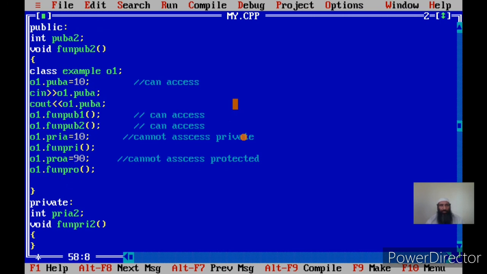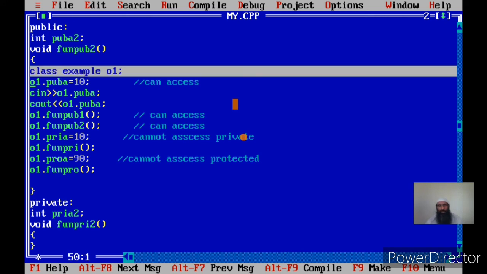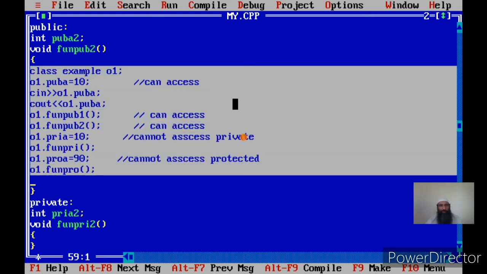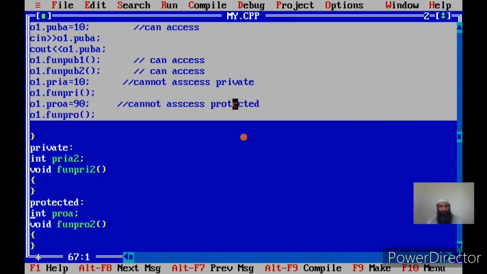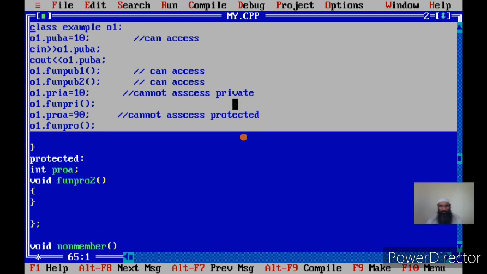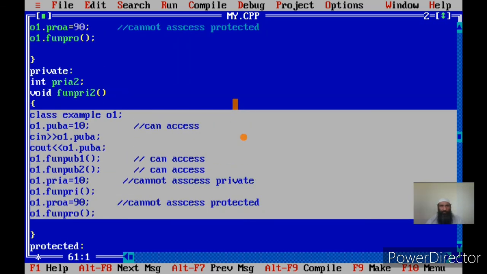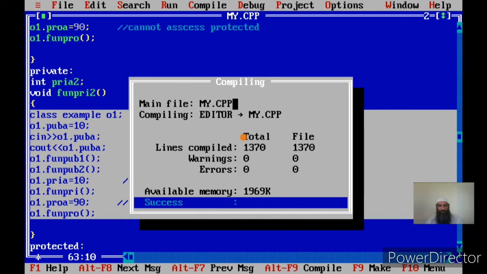Now let me place the same set of statements in some other member function and see if there is an error. I have got this function pride2. Again I am accessing the private and protected parts of object O1, which is a local variable of function pride2 of class example2. Let us compile it. There is no error.